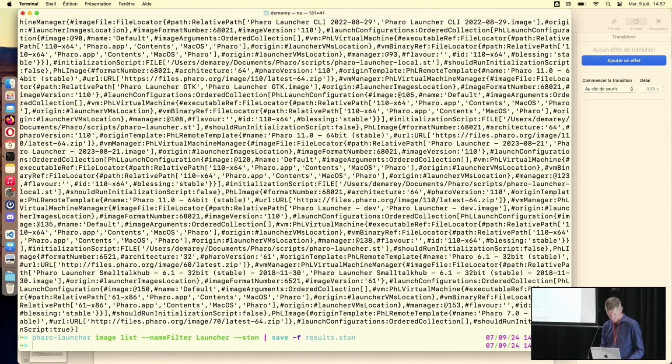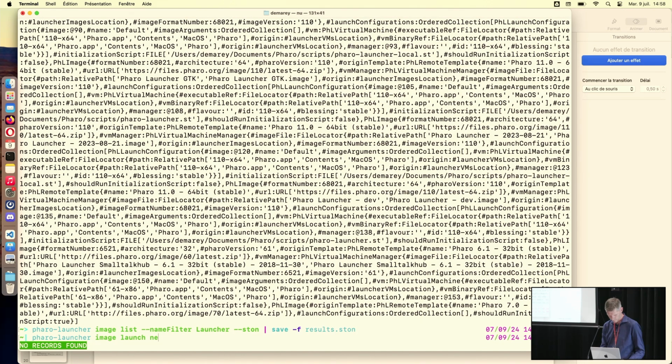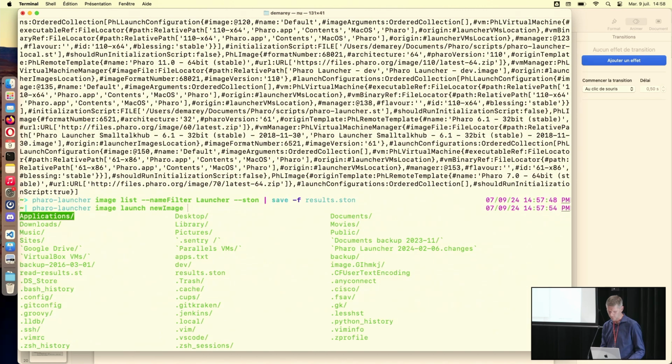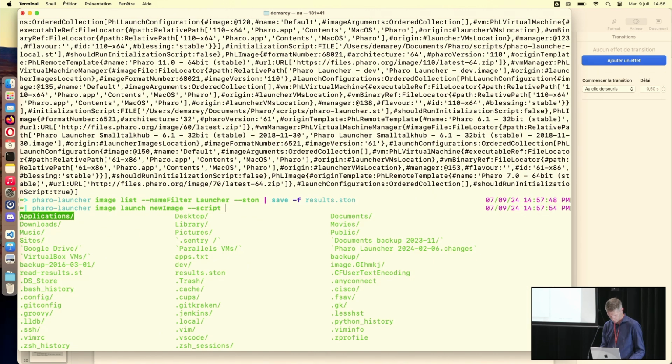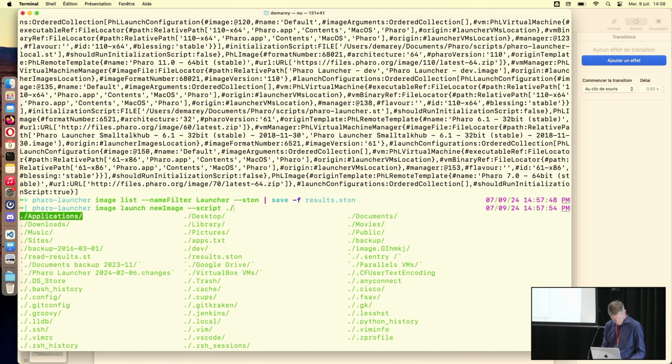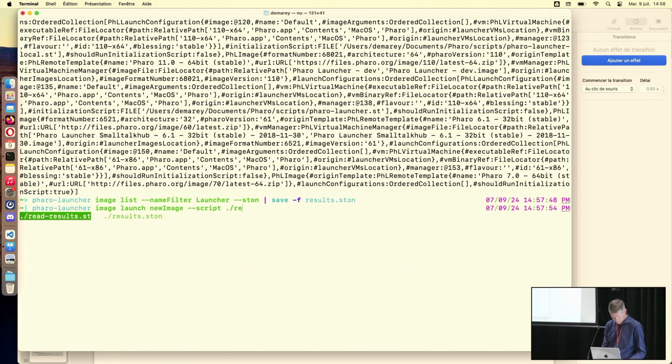And after, I will just launch an image, a new image. Yes, you can run an image and give it a script also. So I already have a small script available there. Read result.st.